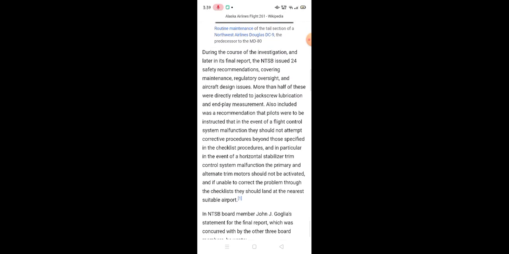During the course of the investigation, and later in its final report, the NTSB issued 24 safety recommendations covering maintenance, regulatory oversight, and aircraft design issues. More than half of these were related to jack screw lubrication and end play measurement. Also included was a recommendation